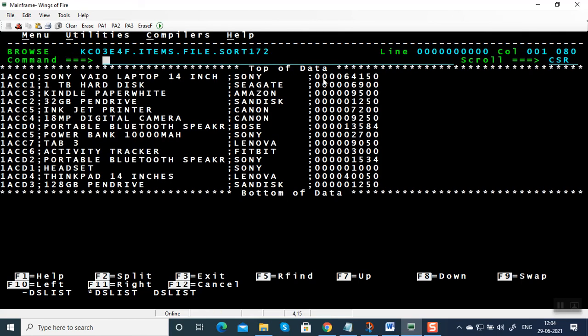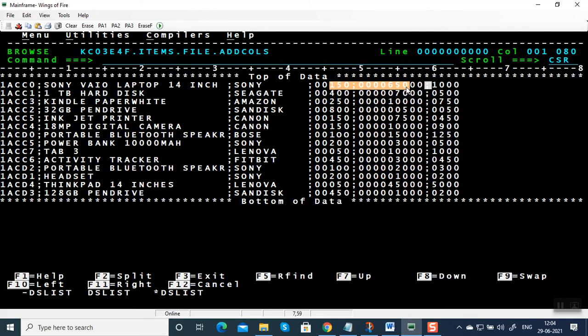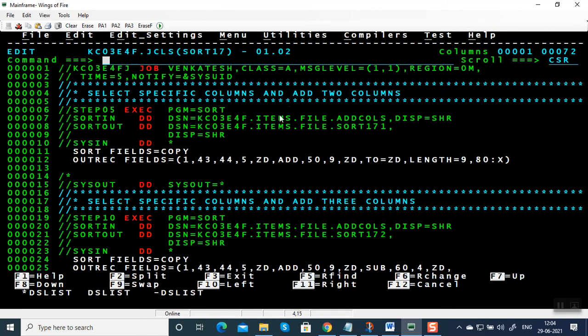Let me show the second file. You can see 64,150. So what we have done, we have added 2 columns and subtracted against the third column. Adding these 2 columns will result to 65,150 minus 1000, so 64,150.